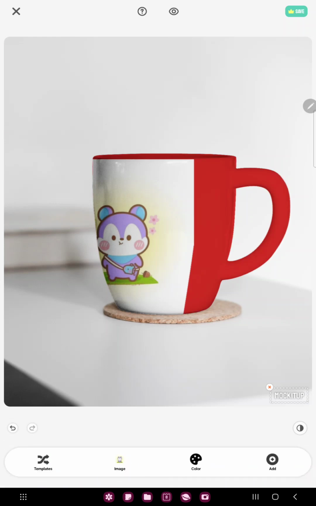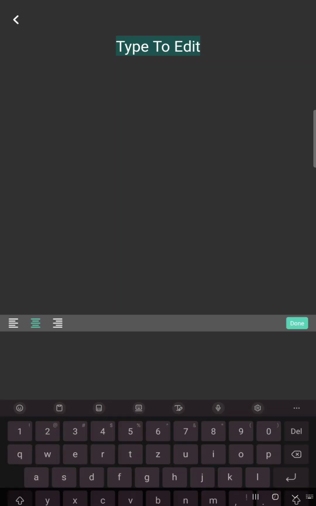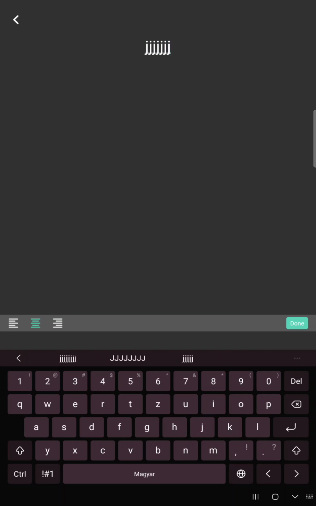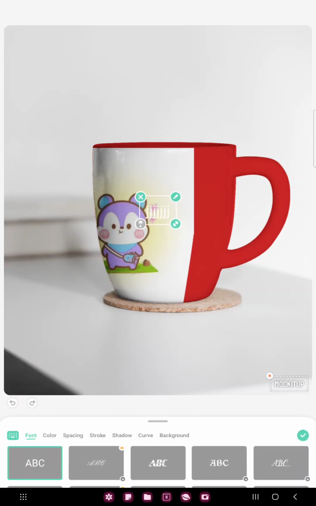If you go to the add button, you can add the text to your project. Just write, and if you're done, just click to the done button. In